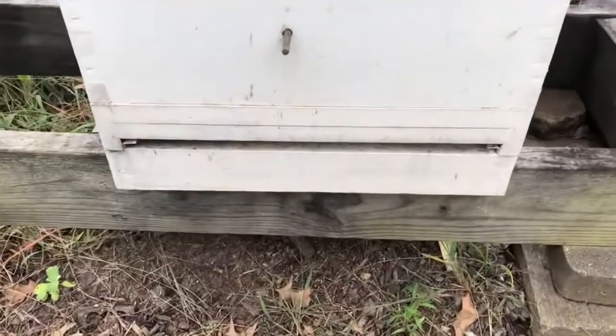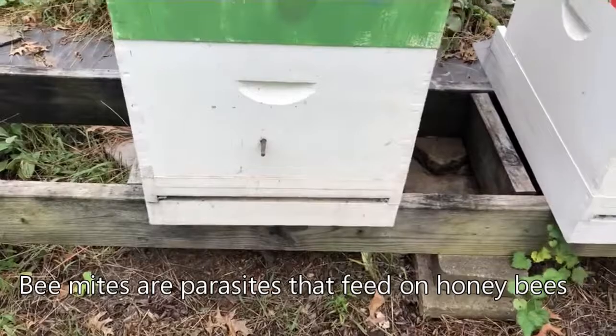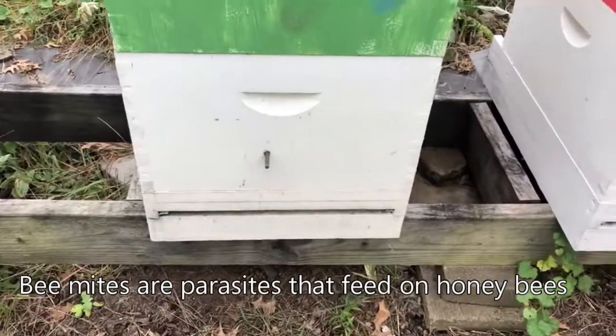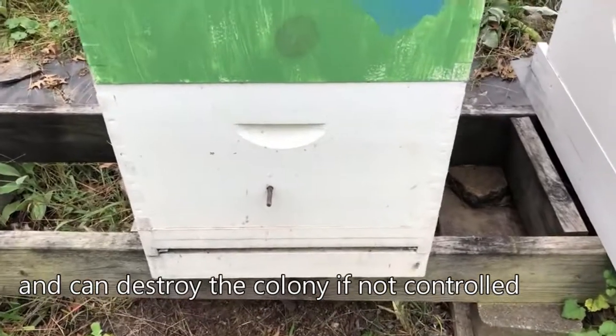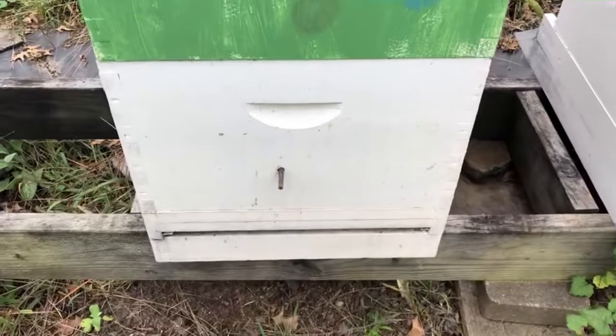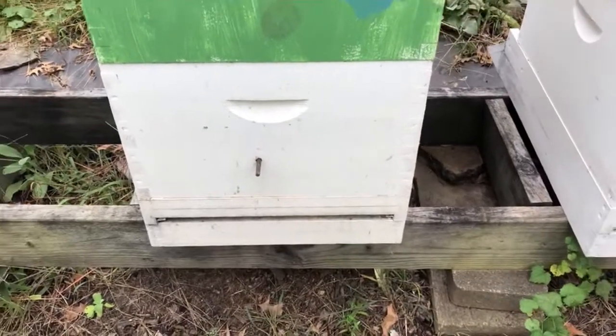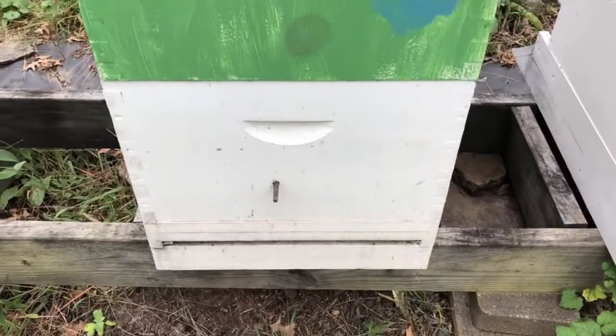These are entrances where we put mite boards as you're checking for mite counts. We also use it in the winter time. There's a white board that slides in. The further we slide it in, the more it restricts the airflow from the bottom of the hive. And as it gets really cold, we will push them in, or if it warms up, we will pull them